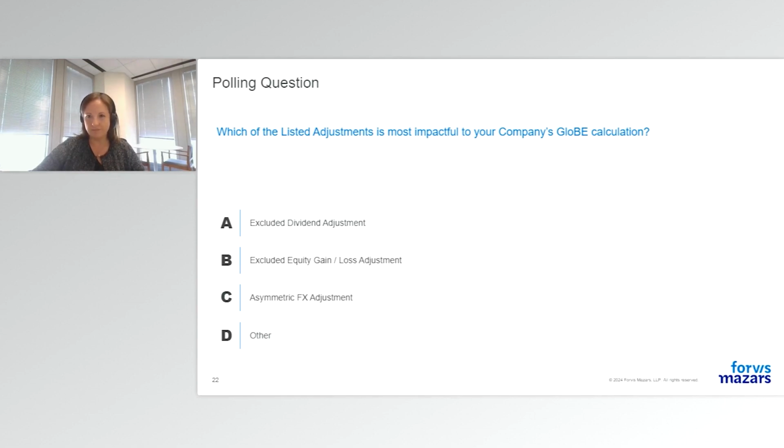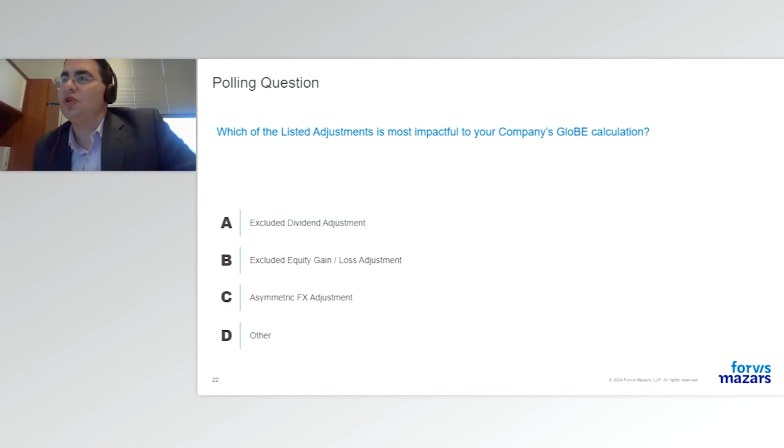While we're answering this question, there's an interesting question that popped up just now. Are changes due to the tax field audit and carried out included in the adjustments to the GloBE income? To answer this question, I would say, if there is an adjustment to your GloBE, going from book to GloBE, and you find out that there is a missing Article 3 adjustment in there, I think that would